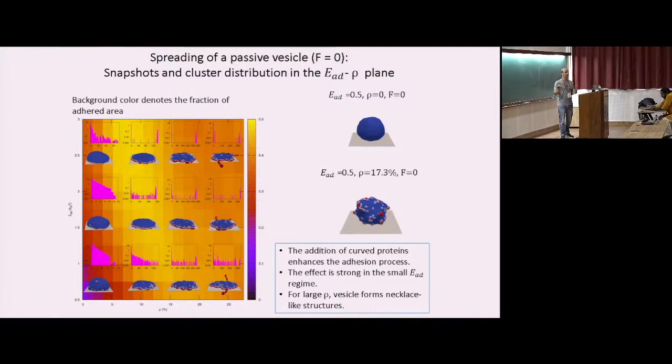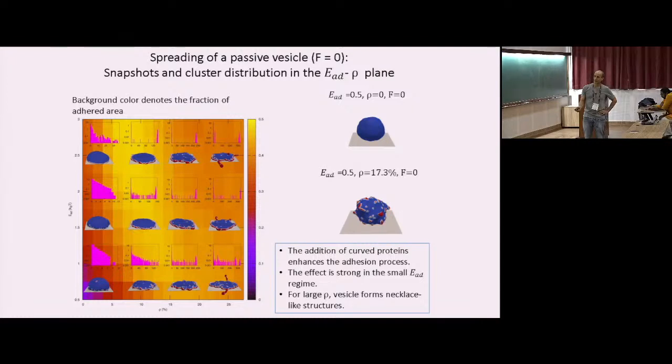Now we add these curved proteins, but again, we go one step at a time. They are passive. So they're just curved proteins. They like to aggregate. You saw they would want to make these pearled structures when they are just on the free vesicle. But now there is adhesion. So what happens? You can see in this sort of phase diagram, if you want, as a function of the adhesion energy and density of these proteins. So with low adhesion energy and low density of them, you have very weak